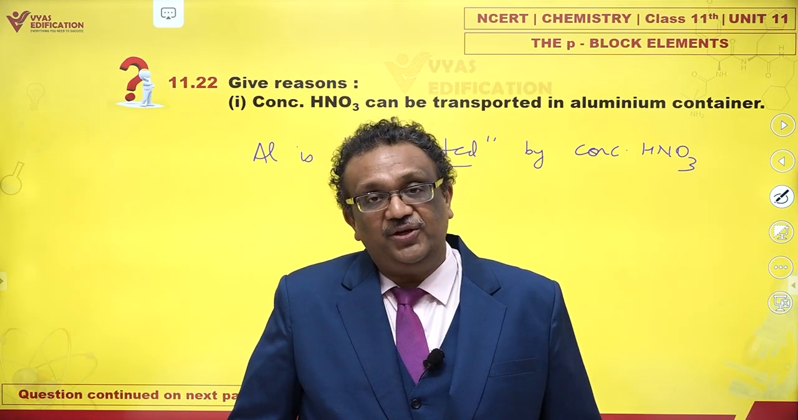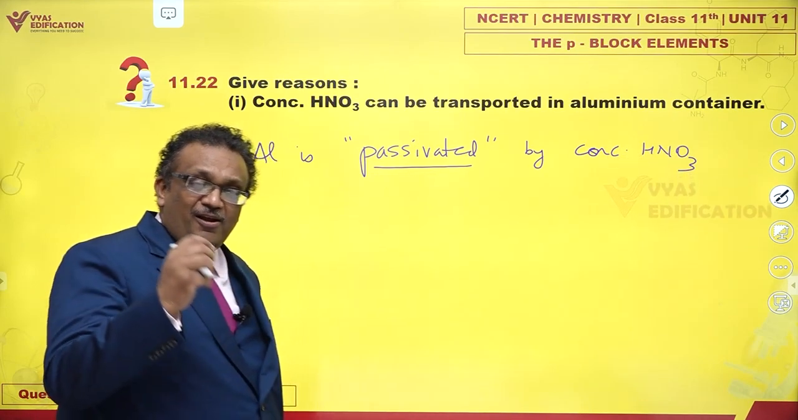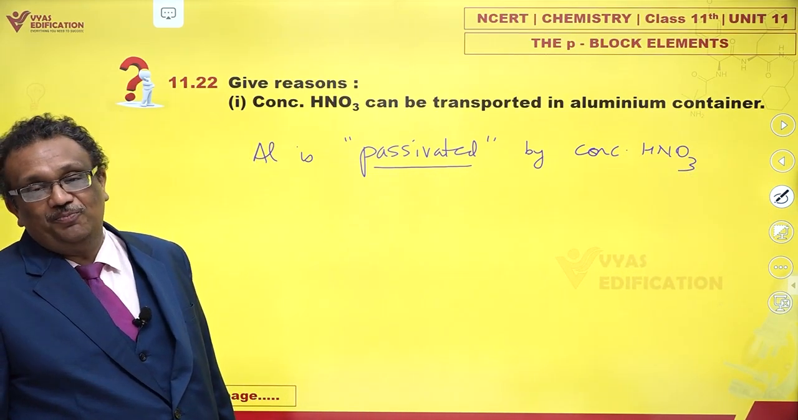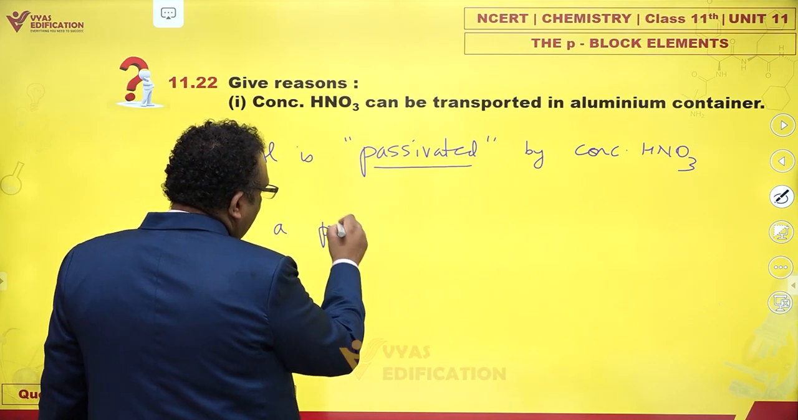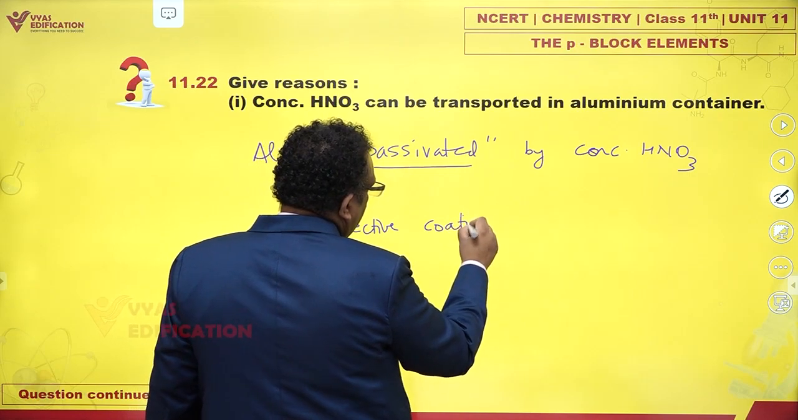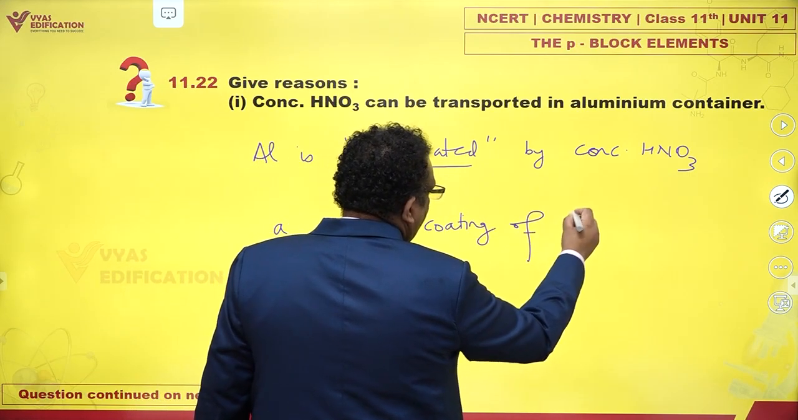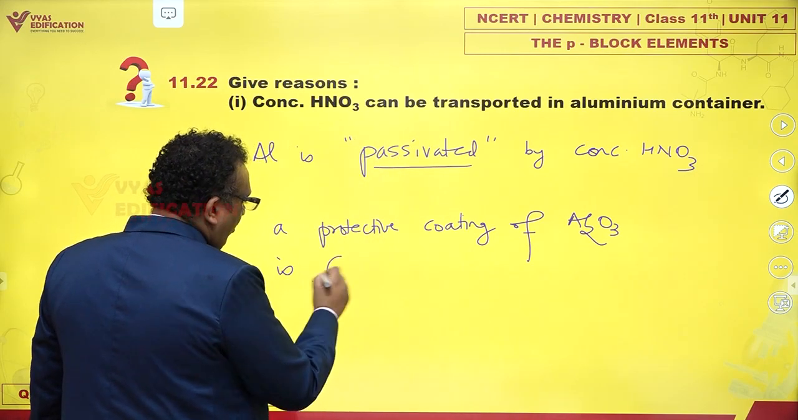There's a very vigorous reaction. Lots of heat is generated and nearly immediately the reaction stops. What happens is a protective coating of Al2O3 is formed